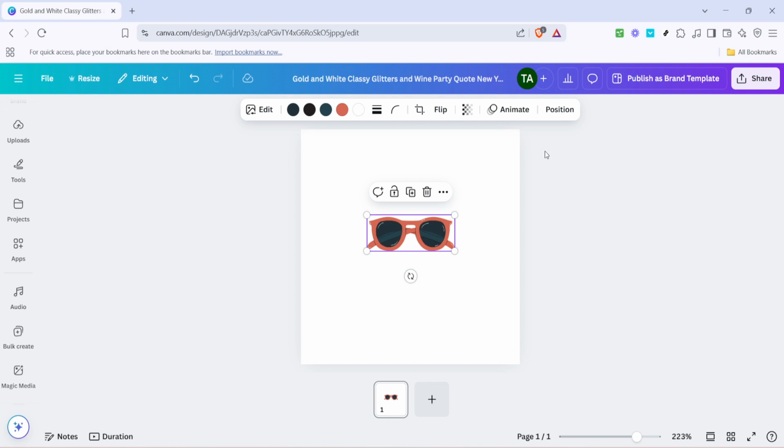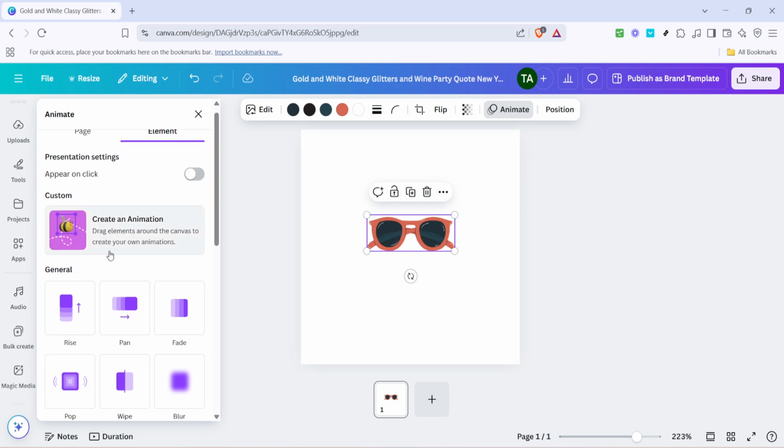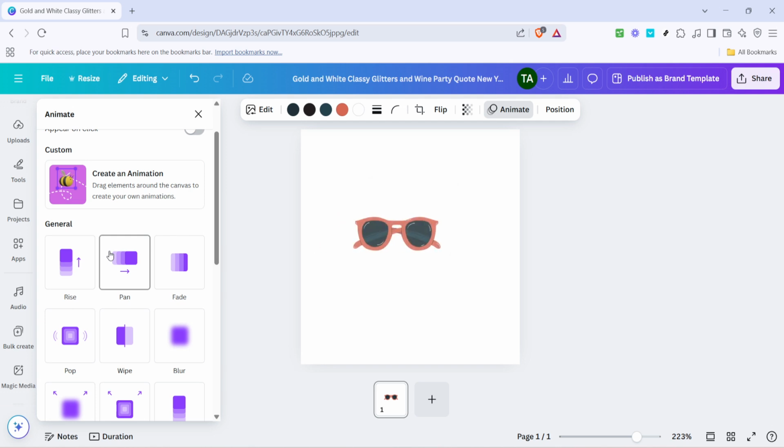Next, with the element selected, direct your attention to the top toolbar. You'll find an Animate option nestled among the various choices available for editing elements. Go ahead and click on Animate. This will open up a whole menu of animation options specifically curated for you to add movement to your design elements. If you're not particularly familiar with Canva's interface, remember the Animate menu is a gateway to transforming your static